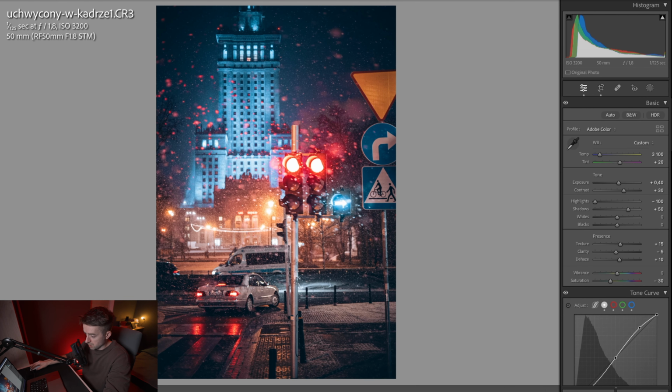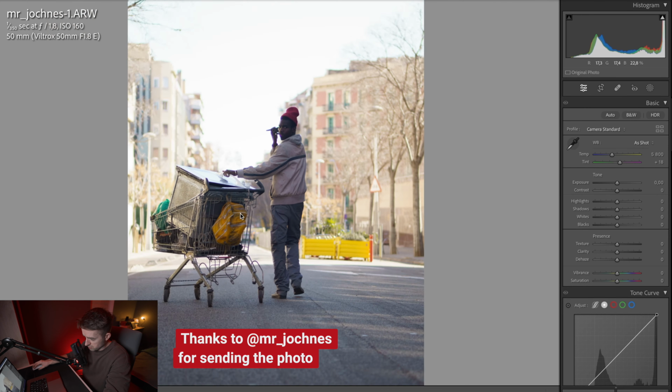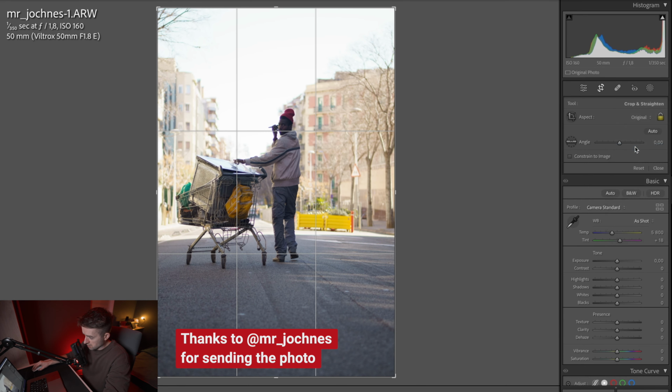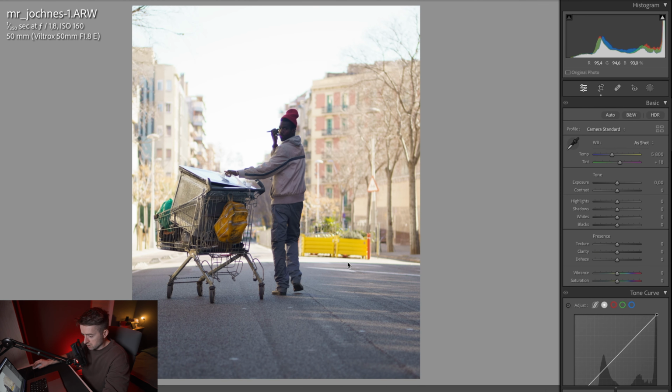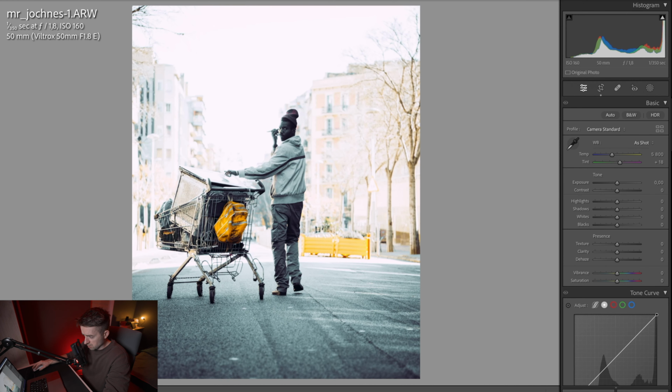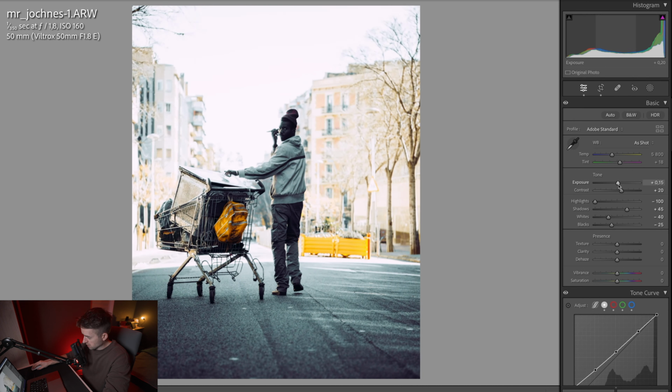Next photo is this fellow. Okay, that's a cool shot. We don't need this ground at the bottom. I'm gonna make this ready for Instagram. I just want to use the black and gold because I love the light in the back and the tones in the foreground. I'm gonna decrease the highlights, play with the exposure a little bit more so we can recover those